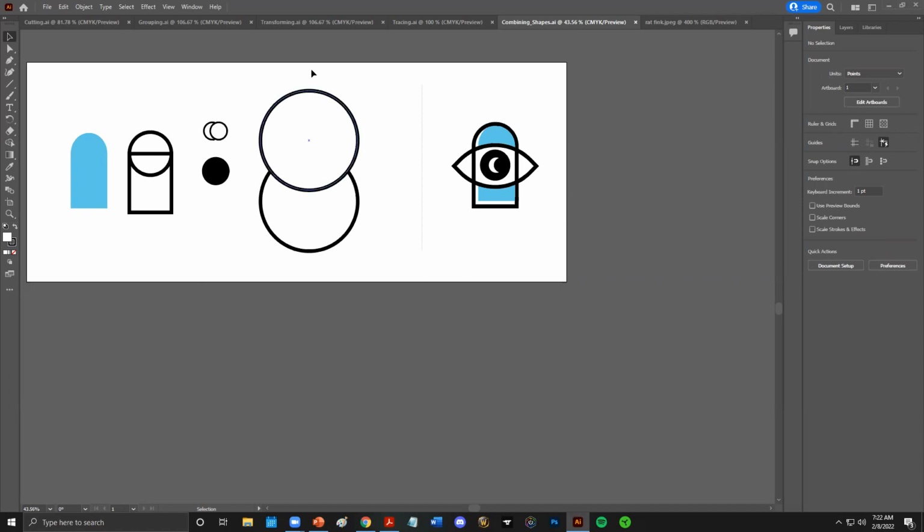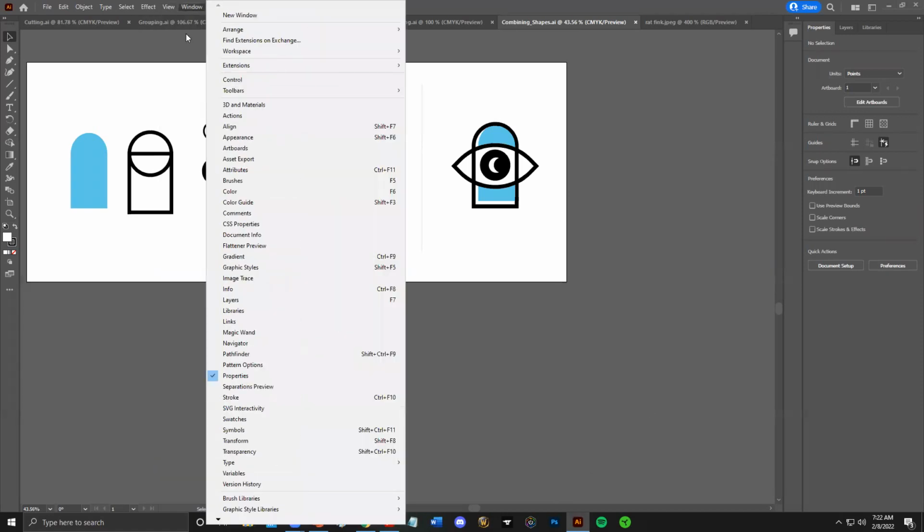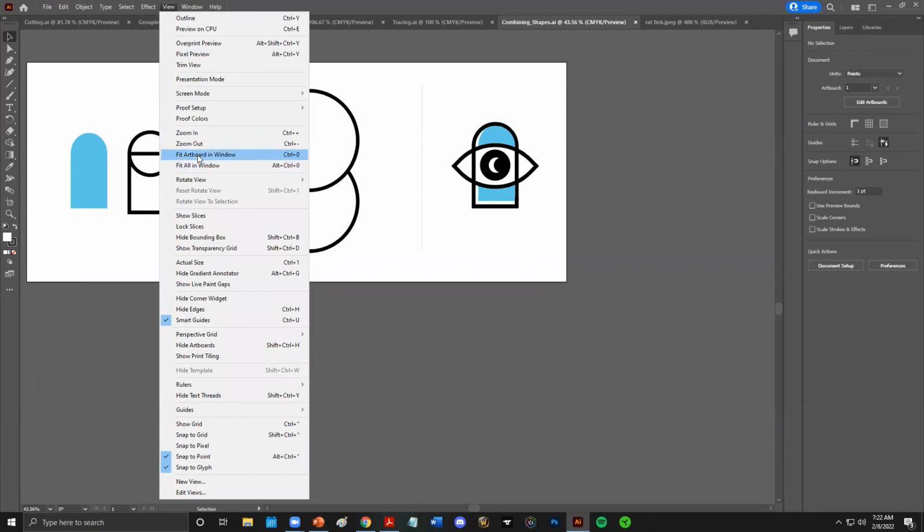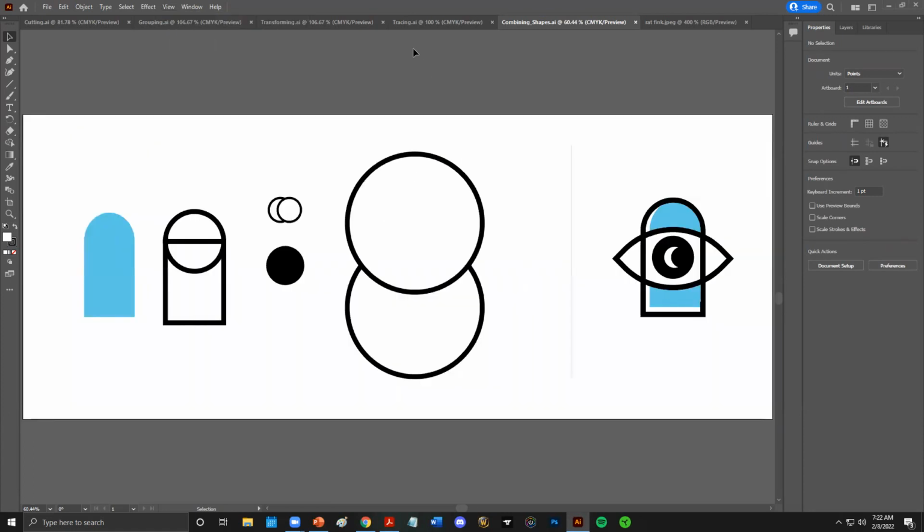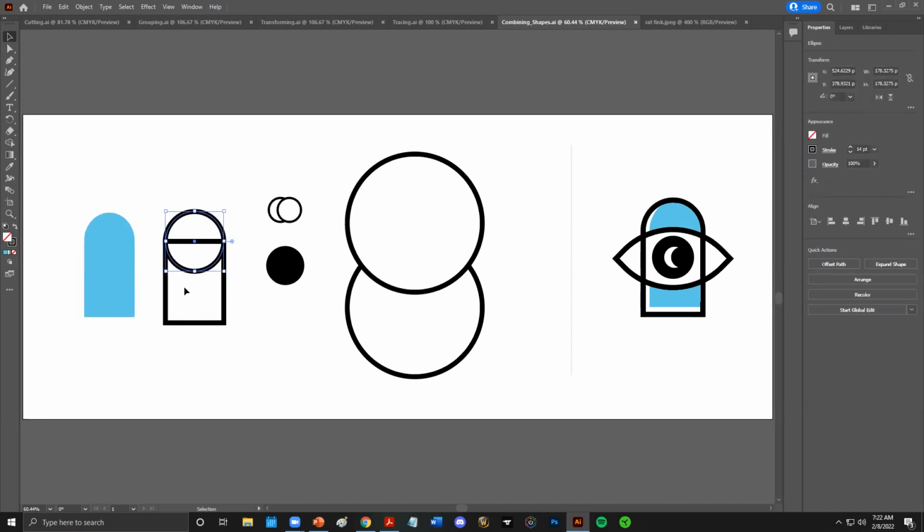This is our art board. First thing we're going to do is go to view. We're going to fit artboard in window, make it a little bit larger. And here you can see a number of different objects. We can select all of these different objects. Notice how this one is made out of a circle and a rectangle, and a circular ellipse and a rectangle, a couple of different circles. And our goal is we're going to try to create this object